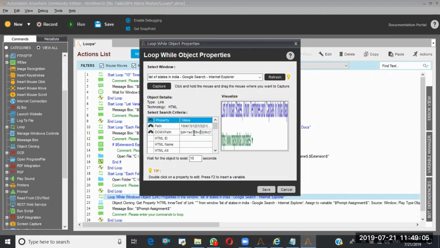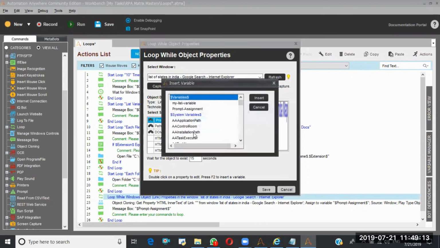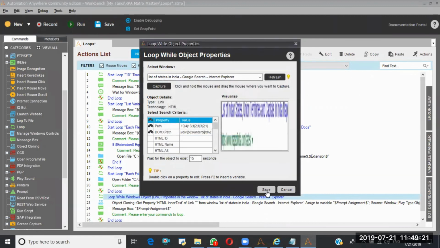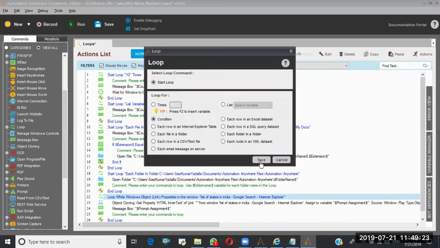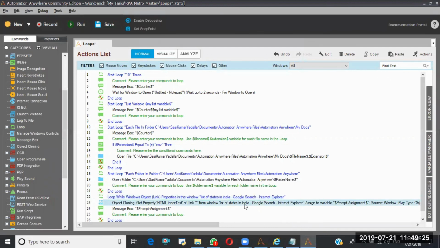So this is the div 3 and this is the div 1. Again here I need to customize this. Counter, save. In the same manner, I'll customize this object cloning as well.